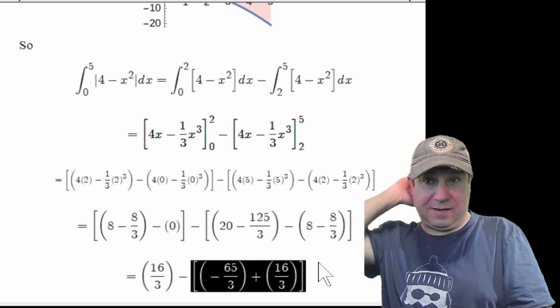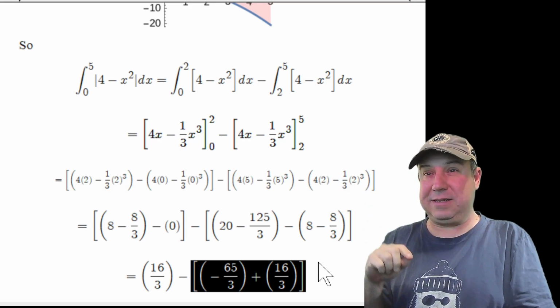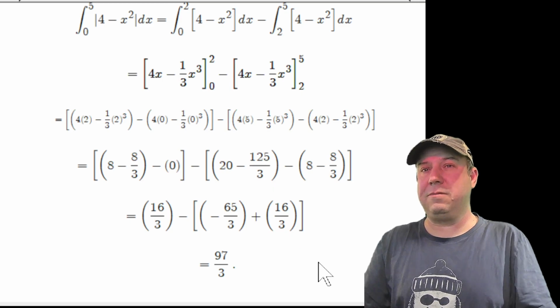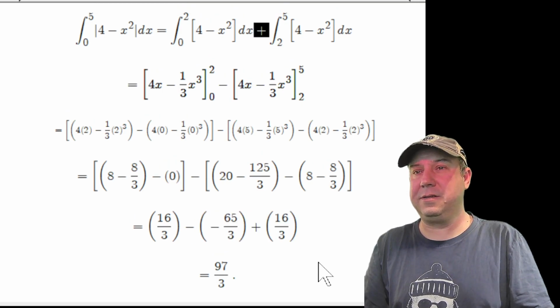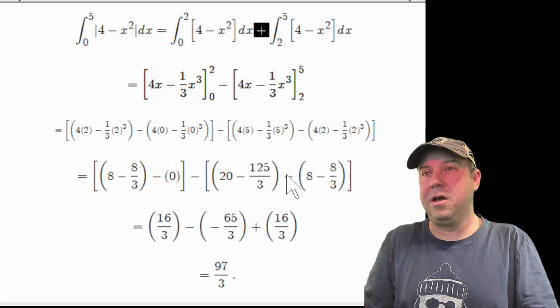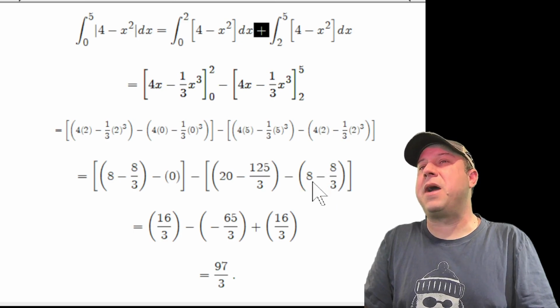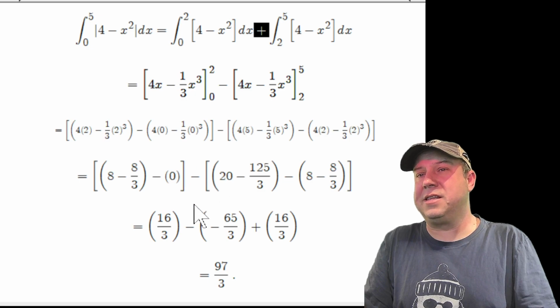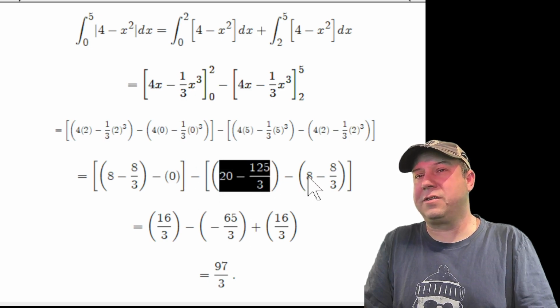To get that 16, no, it wasn't going to cancel. Oh, because that's going to be a minus anyway. Yeah. Okay. So we already distributed this negative to this fraction and to this fraction to make that